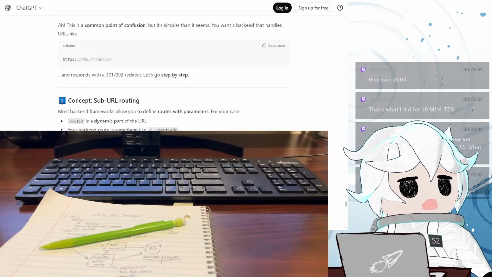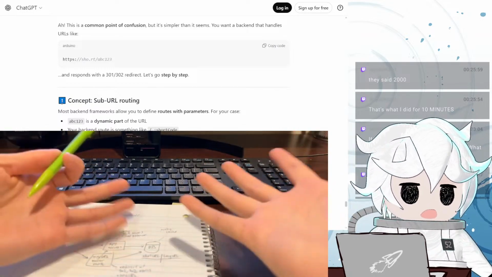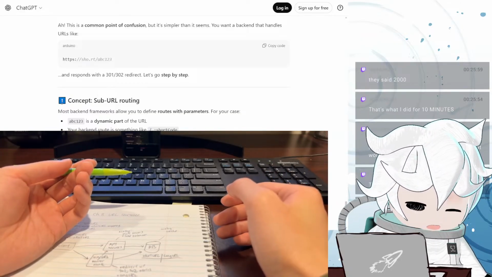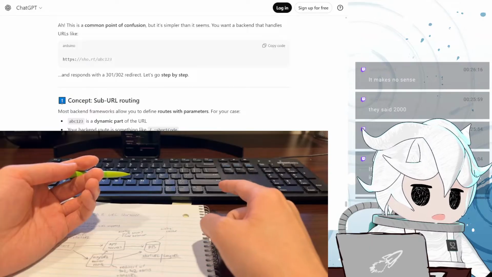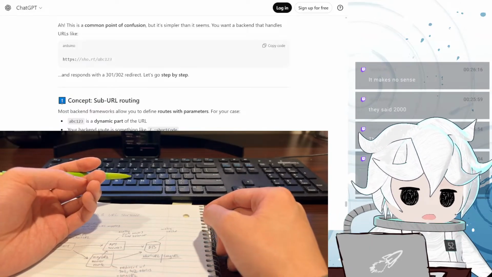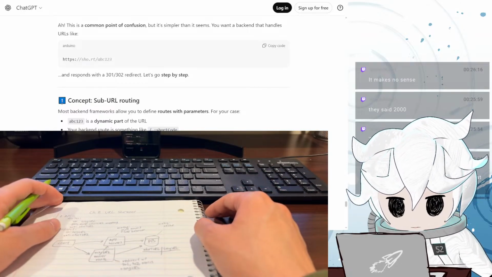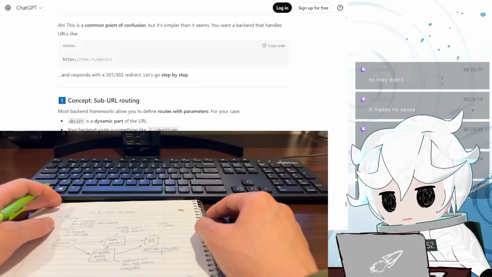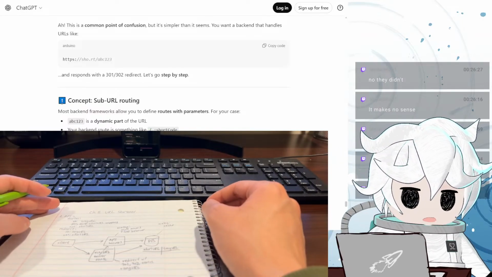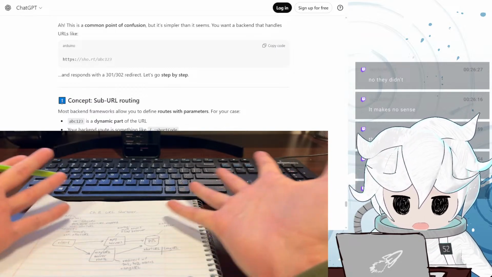What? Why? I don't understand. Did they say round to the first significant digit or something? Like only one significant digit? Why is it 2000? Did they specify significant digits in the problem? No, they didn't? Well, that's pretty bullshit. Round to the nearest integer. Yeah, makes no sense to me.